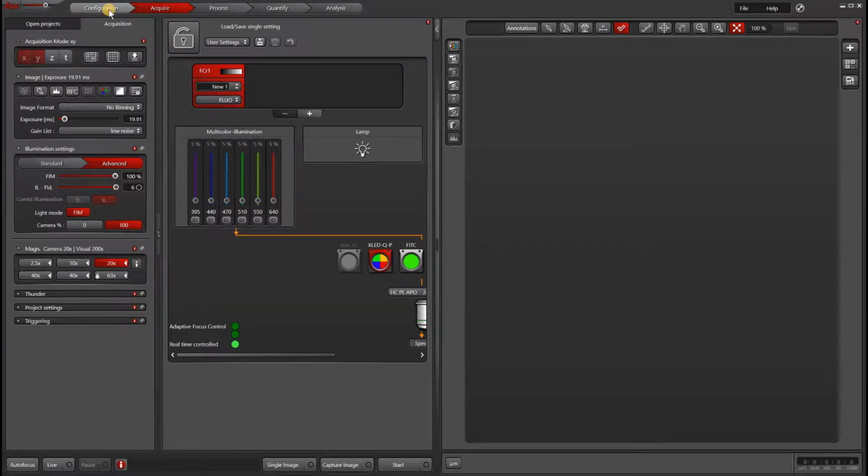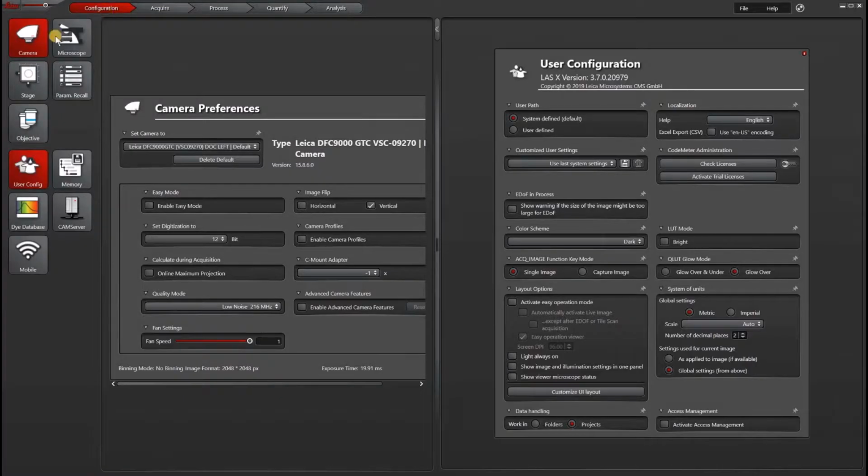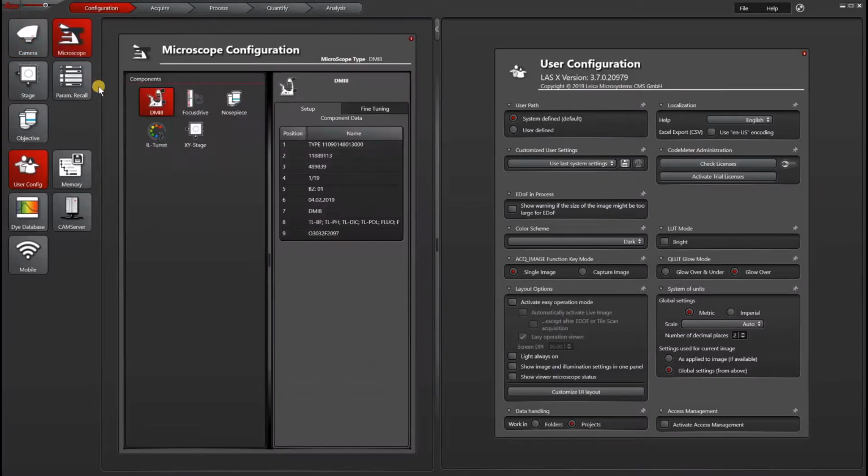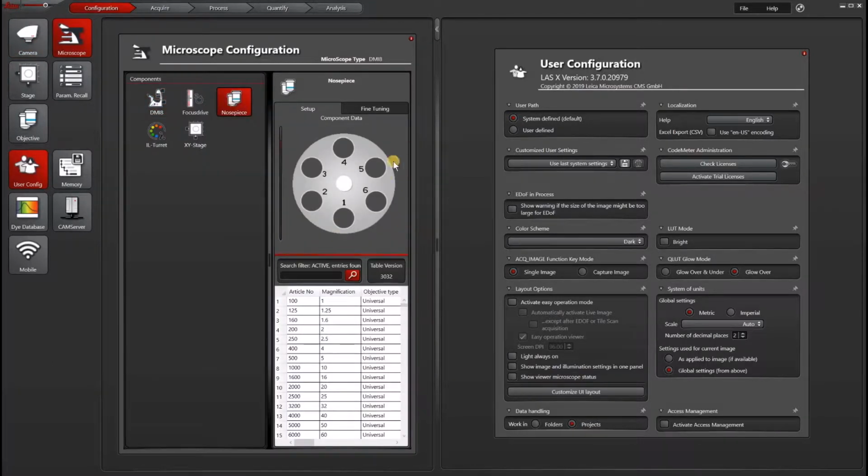To do that, go to Configuration, then go to Microscope, and under the nose piece, you'll see there are positions for every position you have on the nose piece. These are actually written physically on the microscope, so you can look at your microscope and determine which position you want to replace. And then under the article number, the best thing to do is to look on your microscope